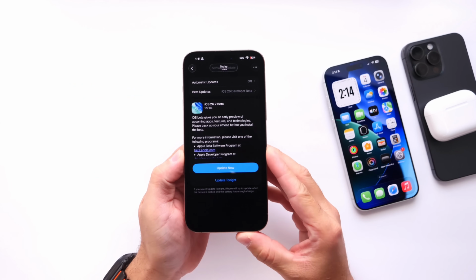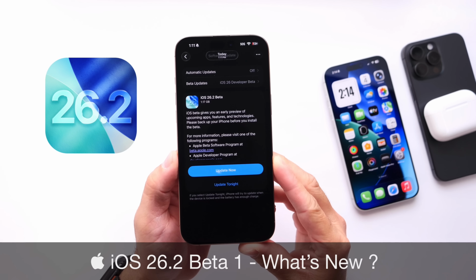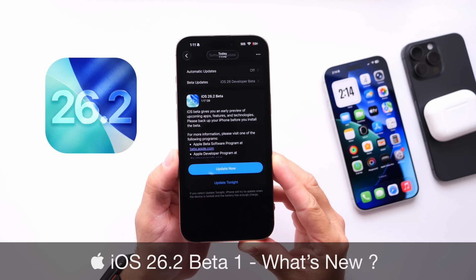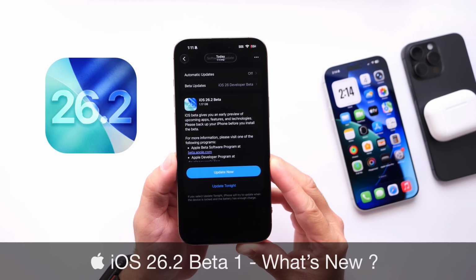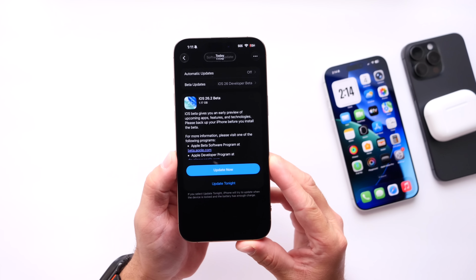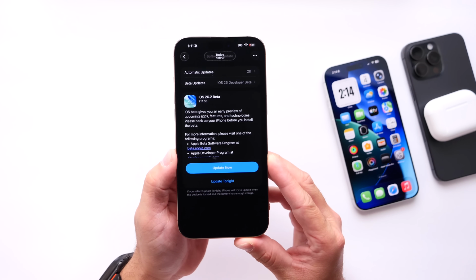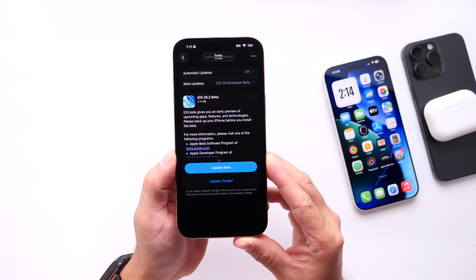Alright guys, so Apple is wasting no time today releasing the first beta for iOS 26.2. Developer Beta 1 has been released today, as you can see right here. Now this is currently available to registered developers and public beta testers. I would say you'll see this populate for you within the next 24 to 48 hours. Now of course in this video we're going to go over everything that we've noticed is new so far with